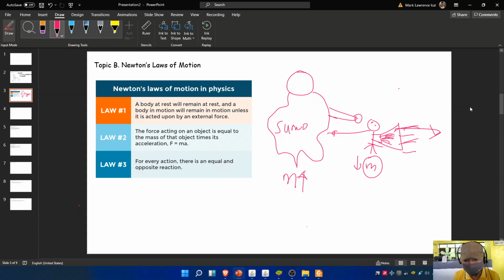So, in order for me to hit this sumo wrestler, kailangan ko ng rocket booster. So, it means I'm going to increase my acceleration. And that's the concept of law number 2. Force is equivalent to mass times acceleration. Okay? So, ibig sabihin, kahit maliit lang yung mass ko, kaya kong palakihin yung aking force if I'm going to